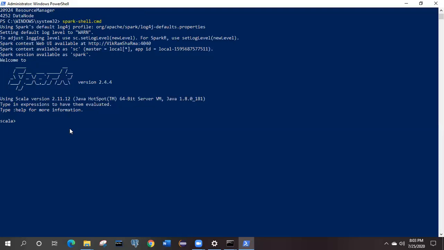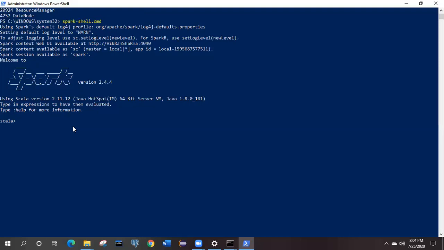Working-wise, no issue. So without wasting any time, let's get started and create this RDD. The first way is that the RDD is created from a sequence or a list using the parallelize method.